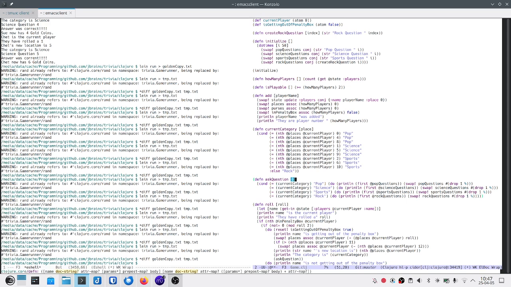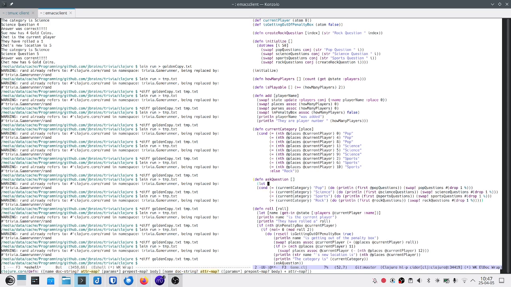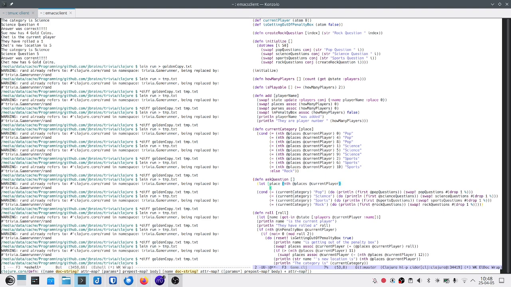Well, let's get the place then here. Let place equal to its nth of places. We can copy it from this example above here, and then we can say let category is equal to current category place, and we shouldn't have changed anything at this stage apart from here we've added place.